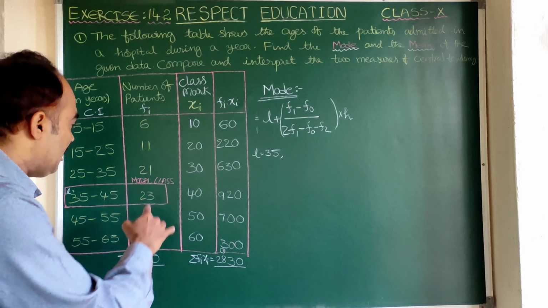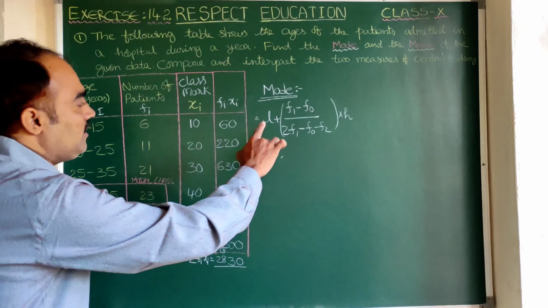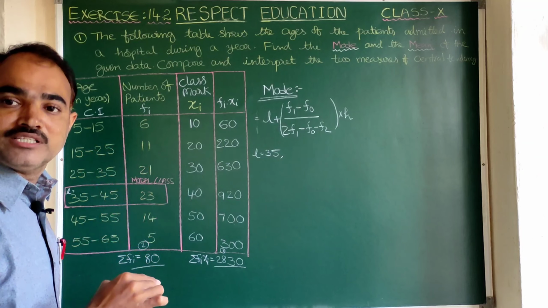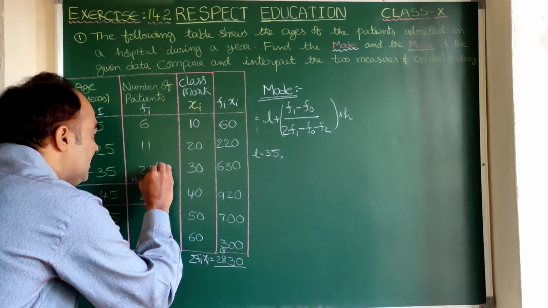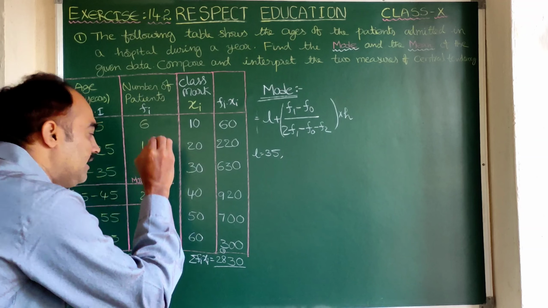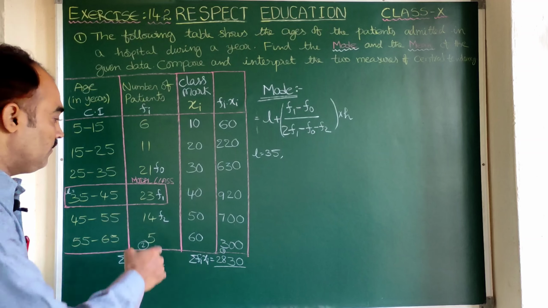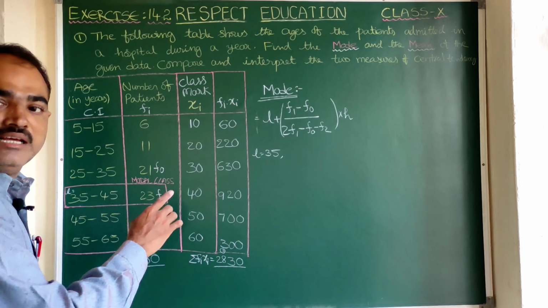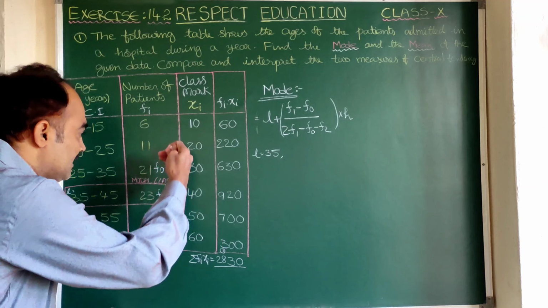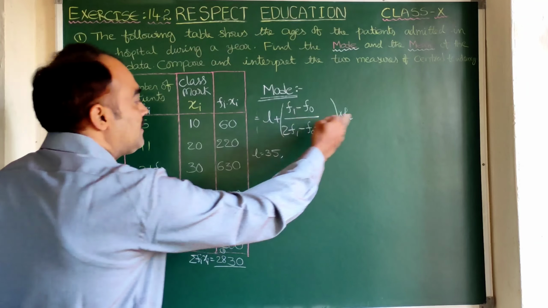Here, without confusing, observe carefully, they will be in the same order. In 0, 1 and 2, which number will come first? 0. So this is F0. After 0, which number will come? 1. So this is F1. And after 1, which number will come? 2. So this is F2. Is it clear? So when you find the highest frequency, then our work will be easy. So do not think this is F0. This is F1. So this is an order: F0, this one is F1 and next one is F2. This is how all the three values we got.